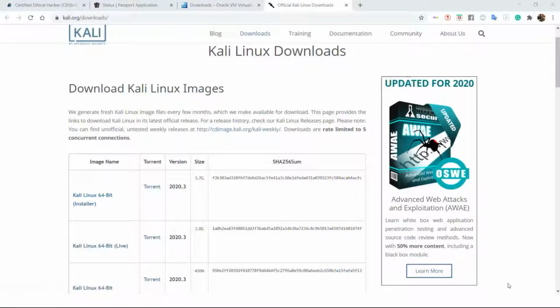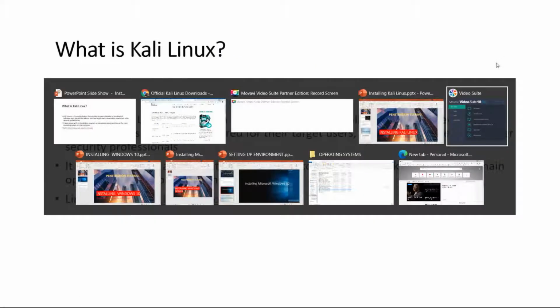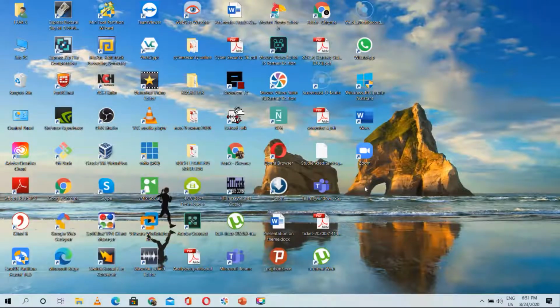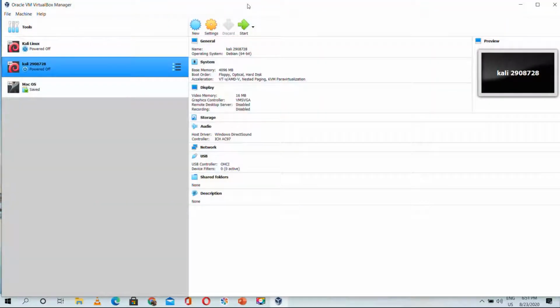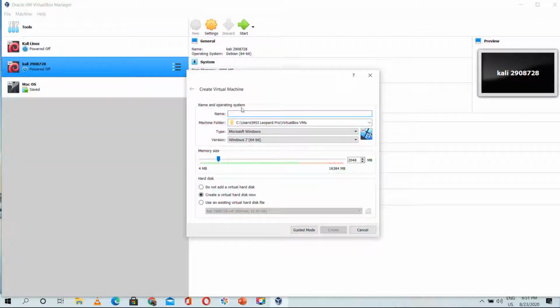Whilst it is downloading, we go to our VirtualBox to do some configurations before we will be able to install it. So let's open the VirtualBox, and this is the VirtualBox. We have to create a machine before we can link the ISO file to it. So we click on Machine and select New, and on the new we give it a name, Kali Linux